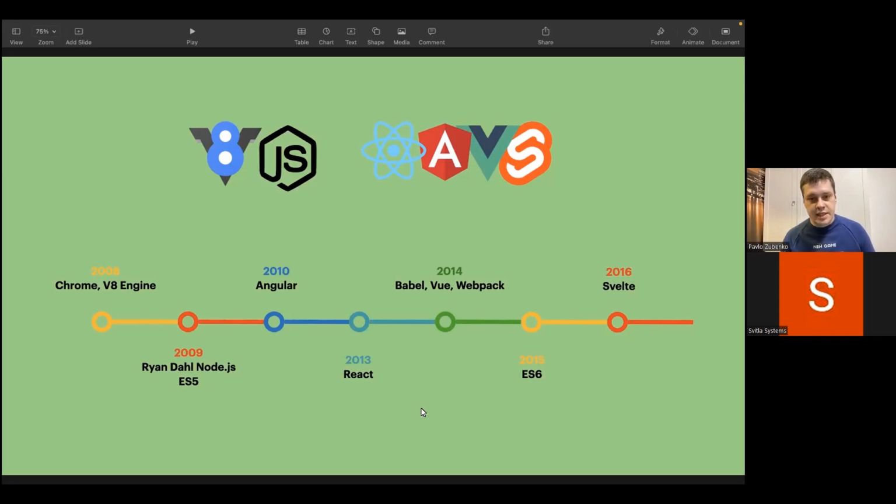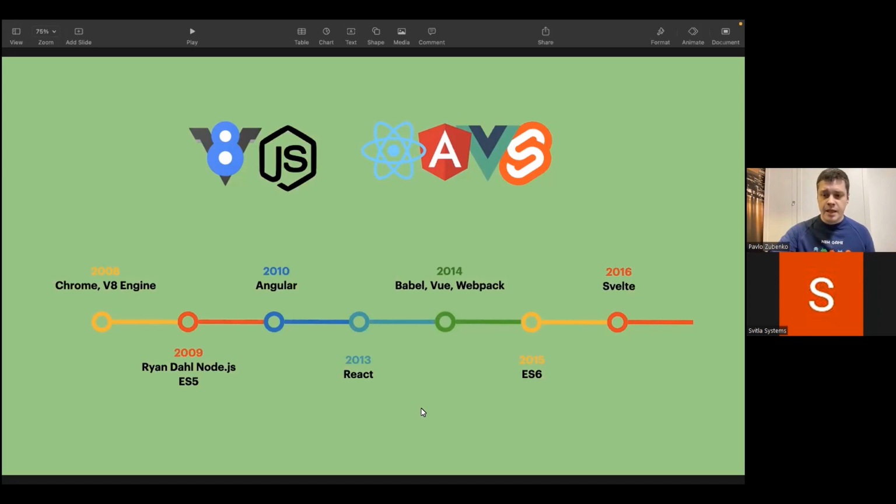After that, you would see that one after another appeared a lot of tools that actually describe how we see and understand JS right now. ECMAScript 5 provided a lot of standardization and tooling that is actually used and built into all browsers right now, and allows us to use a lot of modern functions. After that, a lot of frameworks appeared, like Angular, React, Vue.js, one after another. Each of them includes the experience of the previous one.